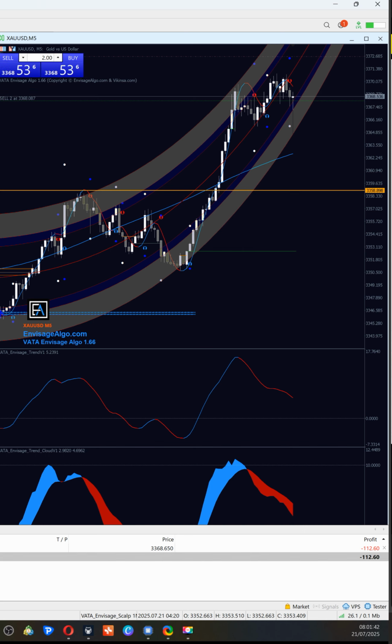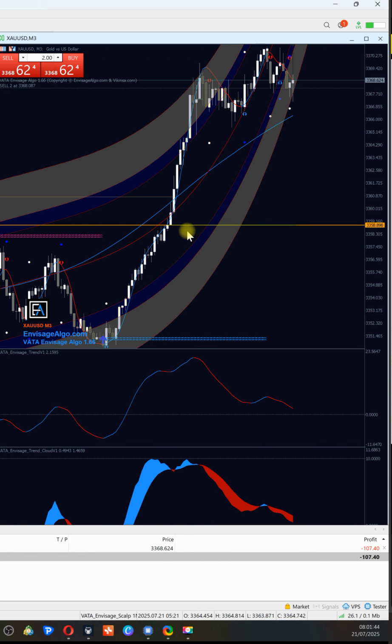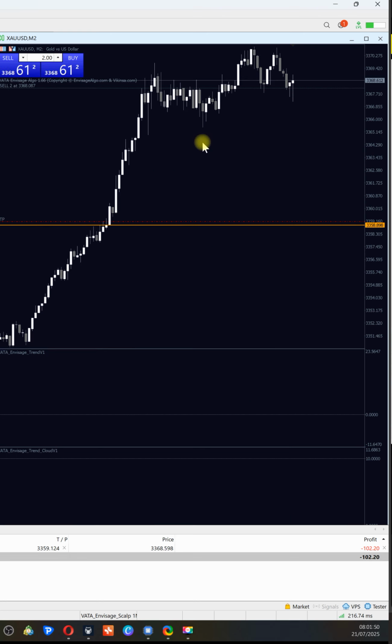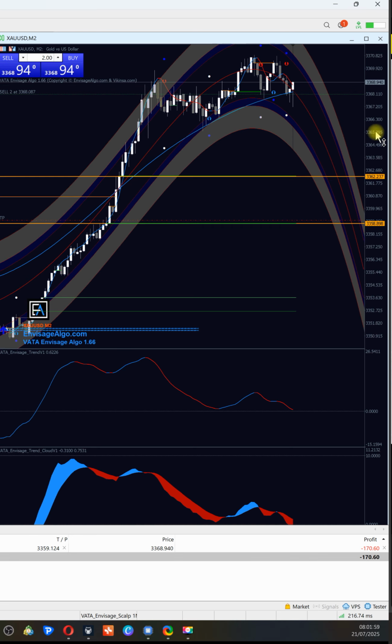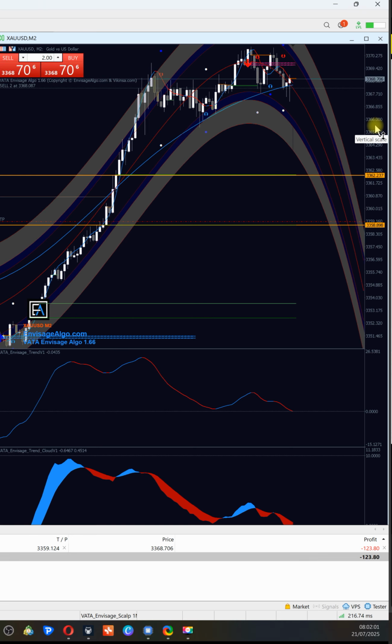Then where is the target going to be? The target is going to be this gap here. That will be the maximum target that I can go for. And an immediate target is, if I look at the 2 minutes time frame, there is a gap here. So I'm going to put a line there. So I'll manage this trade accordingly, but it's going to be a higher time frame trade. Basically, it's going to take more than the expected time.